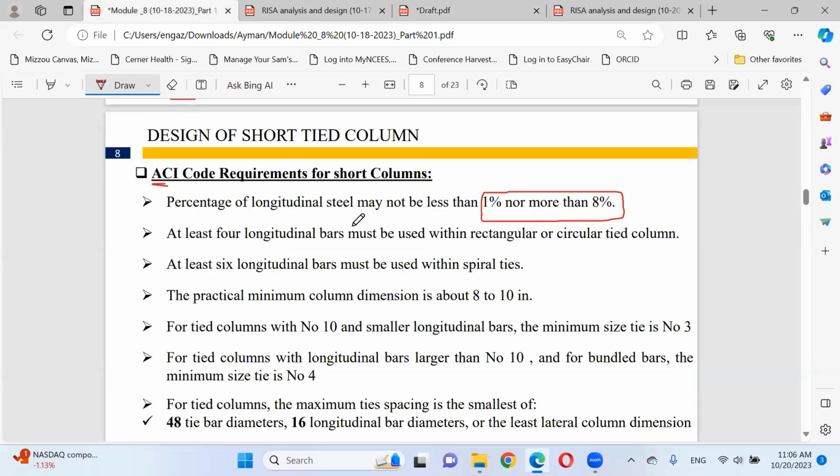This is the meaning of this one. The percentage of steel reinforcement can be between 1% and 8%, no less than 1%, no more than 8%.